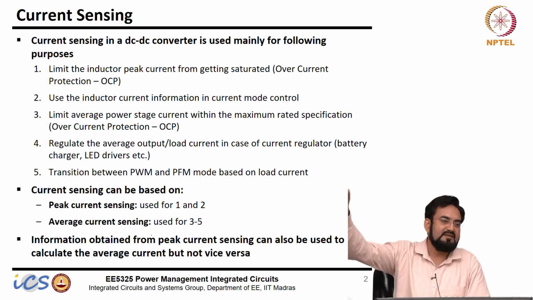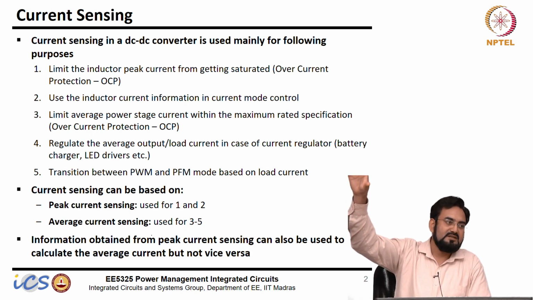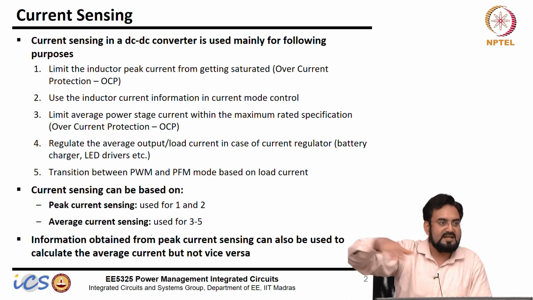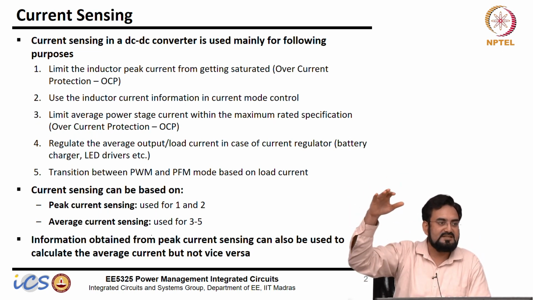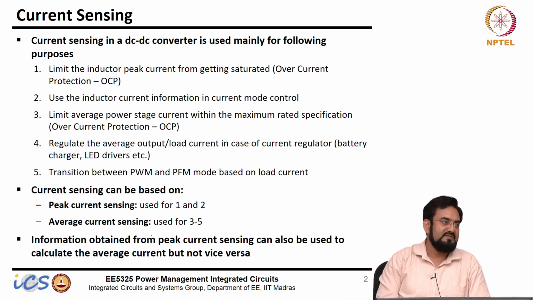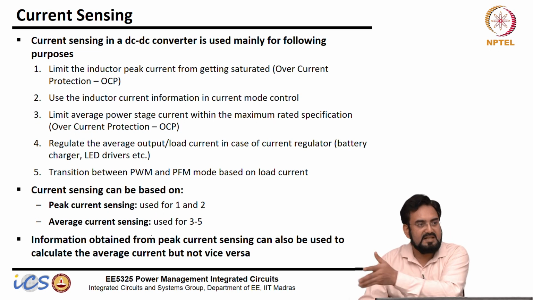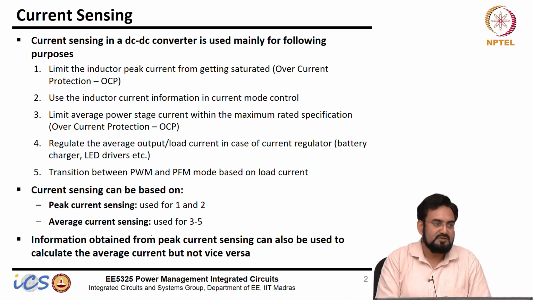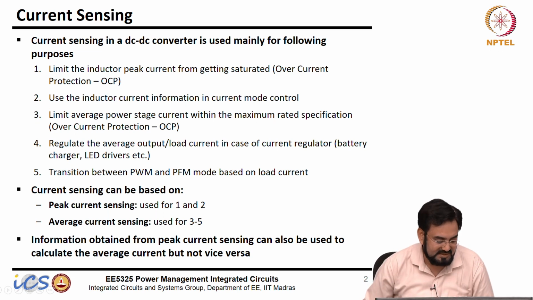Even if you have, let's say, ripple information and you add that ripple and get the peak current, your average is taking time to calculate. So when the current changes, your peak current information will appear late. It will not give you within the next cycle. So that's why peak current sensing is always done cycle by cycle. Every cycle you need to calculate. If there is a change from one cycle to the next cycle, you should be able to detect that. We cannot wait for a long time, so that sensing circuit should be very fast.